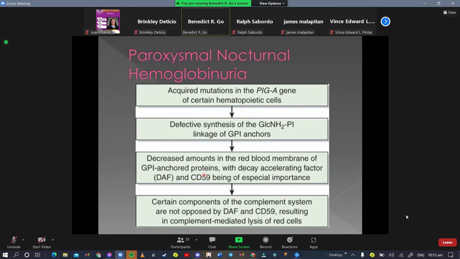Now your DAF or decay accelerating factor and CD59 is very important because without these proteins, the red blood cells are open to or defenseless against your complement mediated lysis. Therefore, you will have